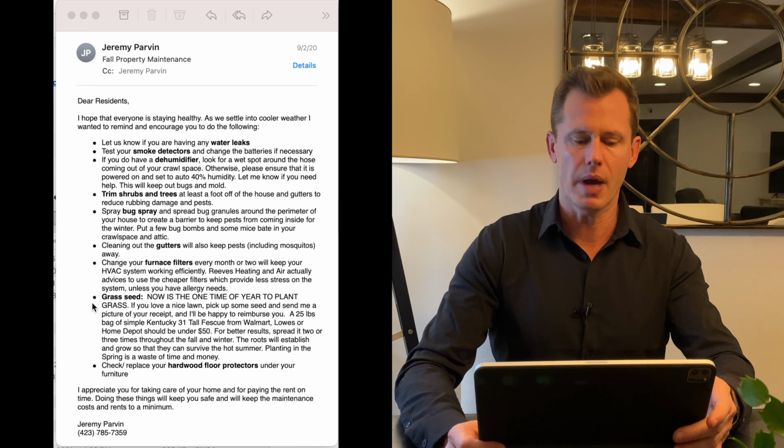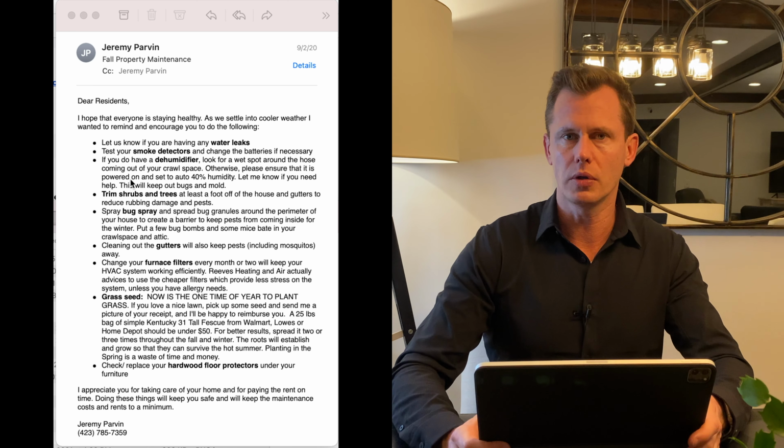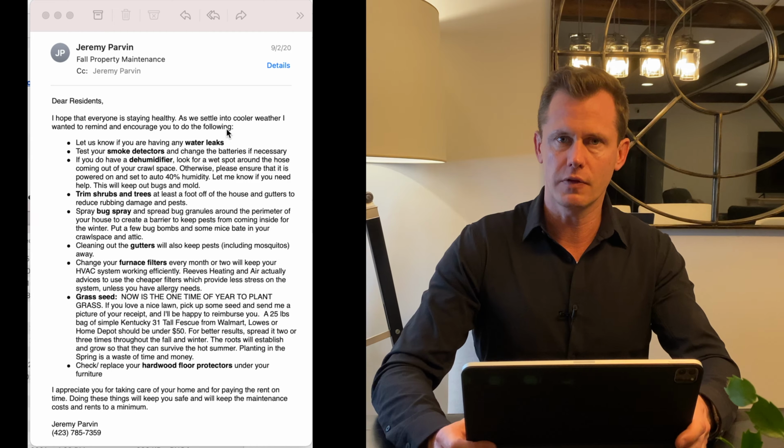Testing the smoke alarm batteries, and let me know if they have any water leaks, and there won't be any maintenance service fees for those. I'll have my maintenance guy check on those and a few other things. I'll also have him clean the gutters out, and while he's there, put some bug spray around the perimeter of